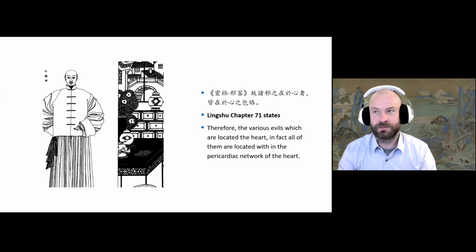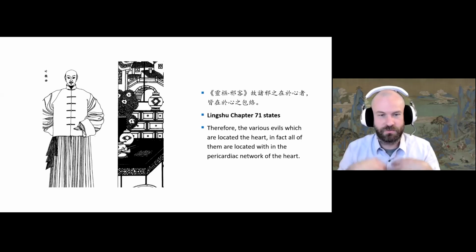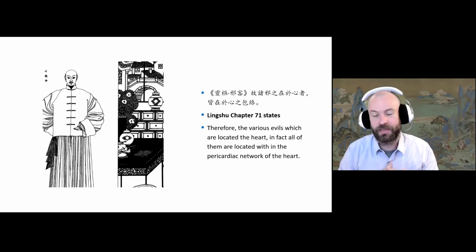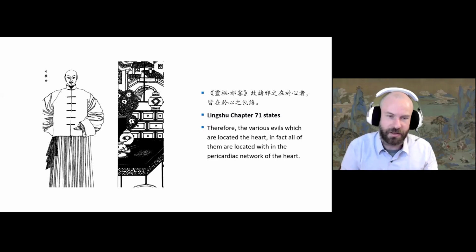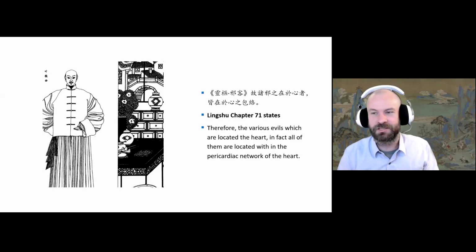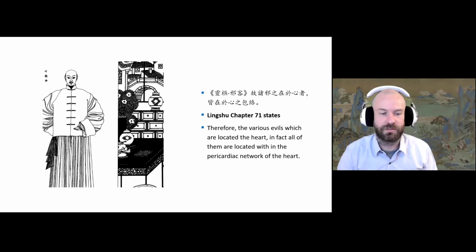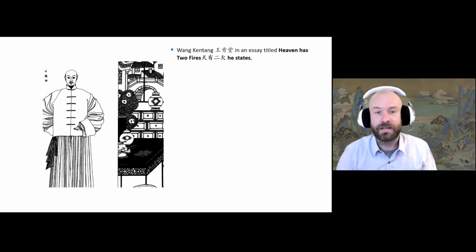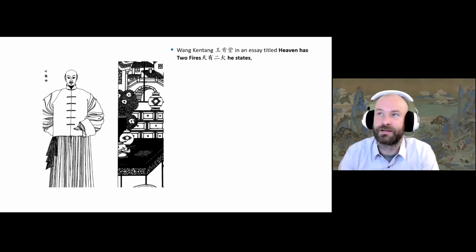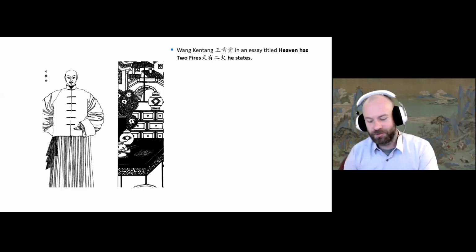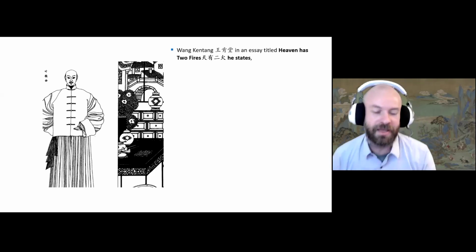So Ling Shu chapter 71 basically says that when an evil comes into the heart, it's not actually in the heart, it's in the pericardium. You can say that's just semantics, but that's just the way that they look at it. Now, another very famous guy called Wang Kentang, he's the most prolific author in pre-modern Chinese medicine that I've seen. He wrote a text called "Heaven Has Two Fires"